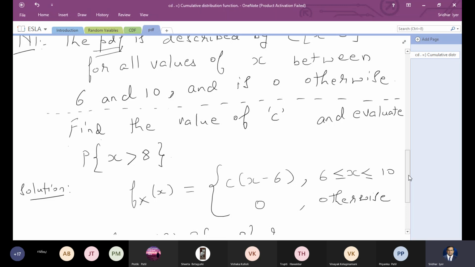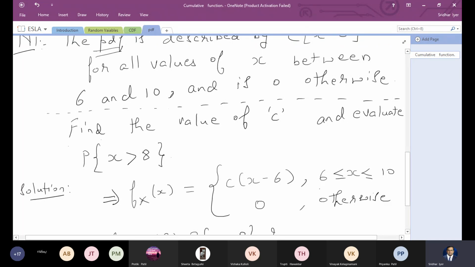The reason why we thought of that property is because we know that wherever the PDF exists, that total density is always going to be equal to 1. The total probability is always going to be 1. So I can see from this mathematical equation, written from the information given to me, that the PDF exists only between 6 and 10. For all other values, it is 0. That means I'm not conducting any experiment. So I'm only worried about where I'm conducting the experiment.